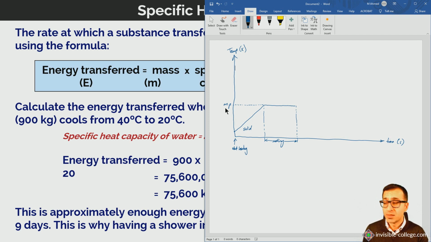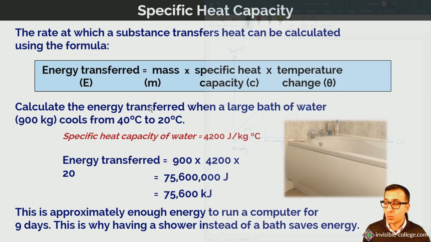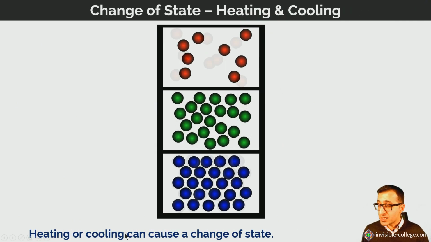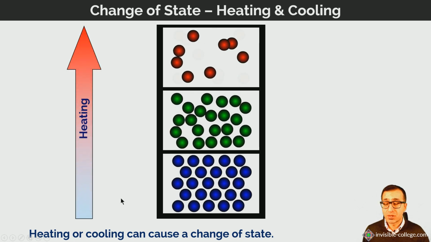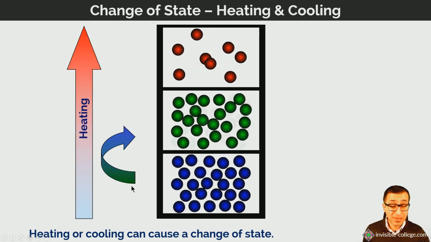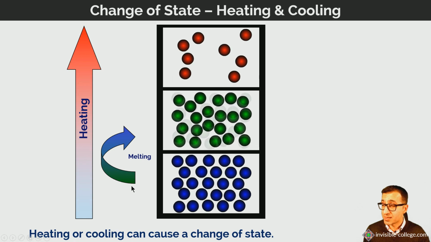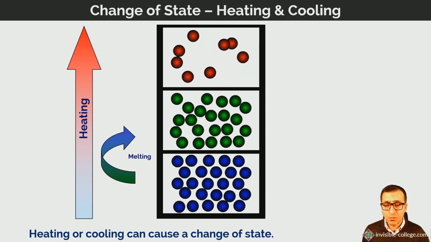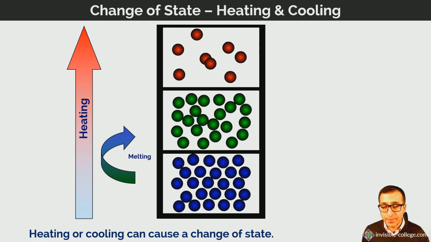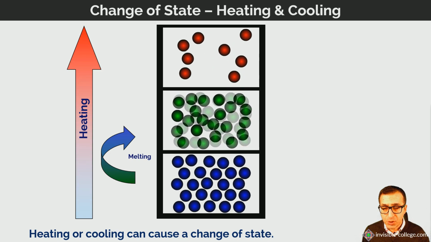So what's happening here? Well, what's happening is that the heat energy is not being used to increase the average rate of motion of the particles. It is being used to cause a change in phase, a change of state of the substance. So let's have a look at how that works. So as we heat, we can turn a solid to a liquid at its melting point, and this happens at a constant temperature. Now, the thing to remember here is that when we heat a liquid to a gas,